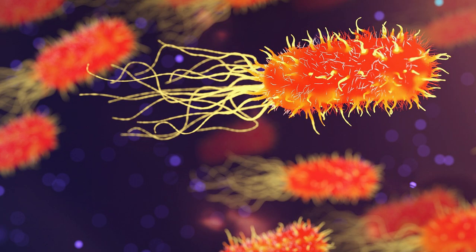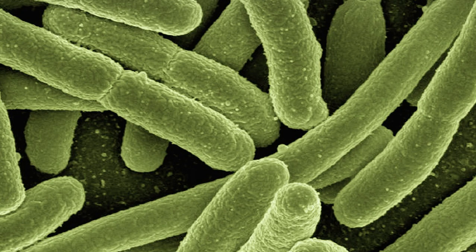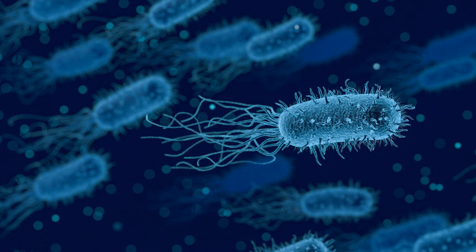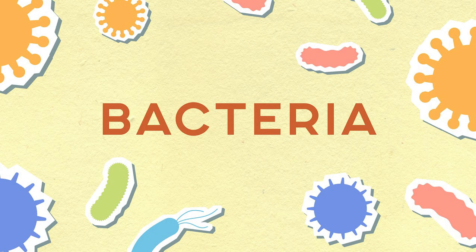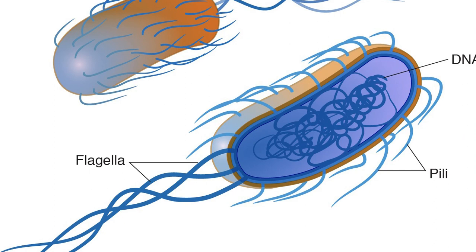The first microscopic organism we start with is bacteria as a life form. Bacteria are microscopic, single-celled organisms that have no nucleus and a cell wall made of peptidoglycan. Bacteria are the direct descendants of the first organisms that lived on Earth, with fossil evidence going back about 3.5 billion years. Most bacteria are much smaller than our own cells, though a few are much larger, and some are as small as viruses. They usually do not have any membrane-wrapped organelles, but they do have an outer membrane. Most bacteria are also surrounded by at least one layer of cell wall.